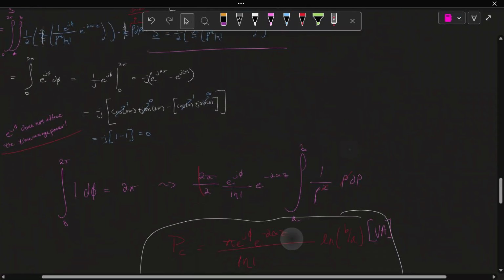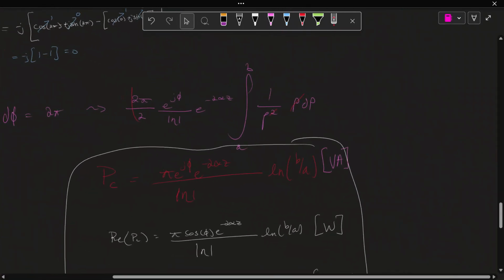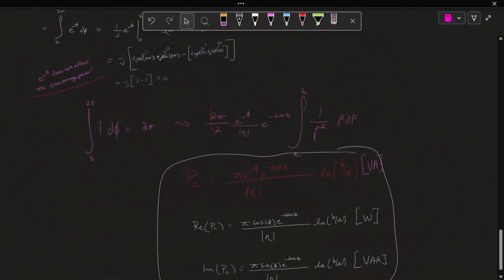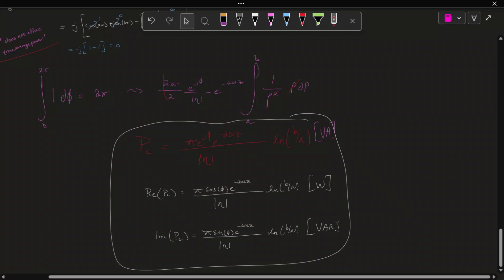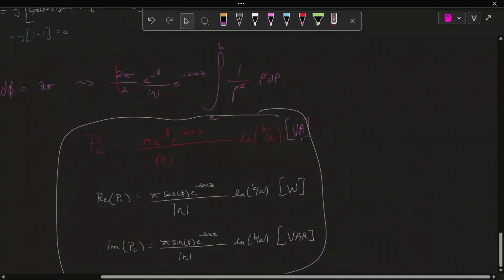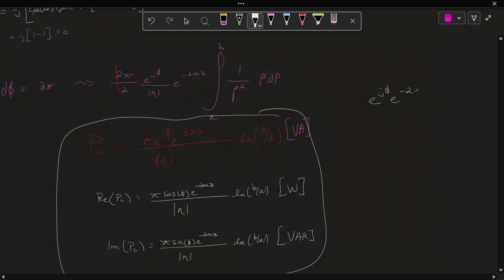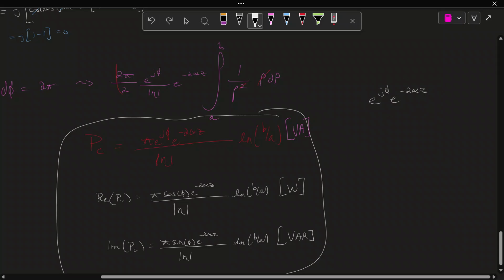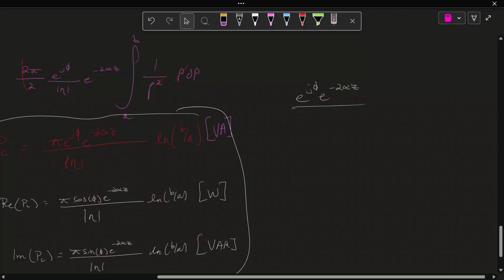So we know from, I forgot what class of engineering mathematics it was, where we went over ordinary differential equations, but also in signals and systems, y'all glaze over this, you guys kind of go over this, but there's this thing in the complex power equation, e to the j phi, e to the negative 2 alpha z. This is a dampening oscillatory equation here. What it means is, your e to the j phi, like we had seen before, is